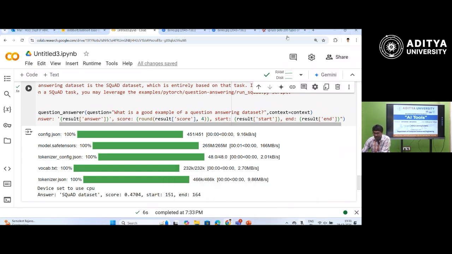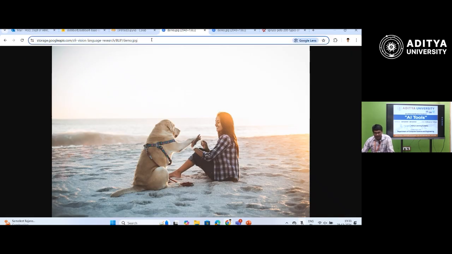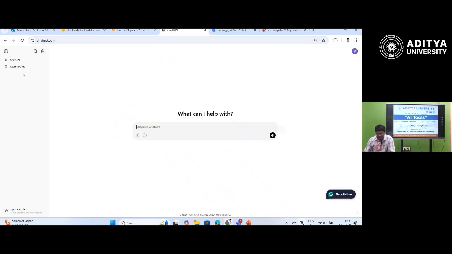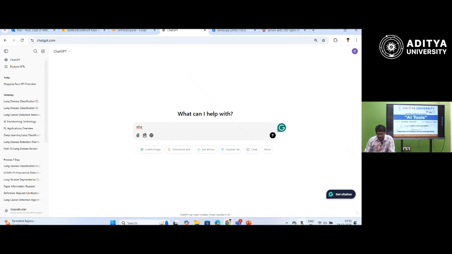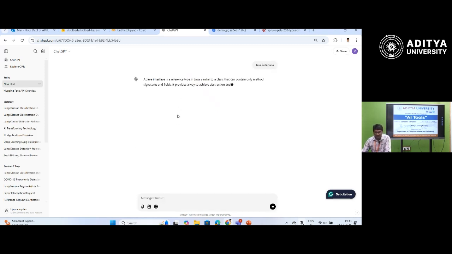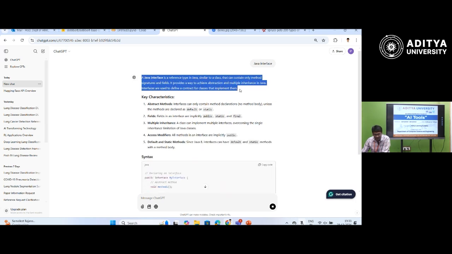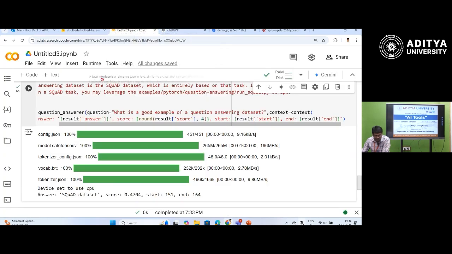For example, finally we will test with one thing. Okay, here I will give something like Java interface. Okay, some concept I have given. Okay, some piece of text it is giving you. Clear? So I will not copy all this, just I will be copying the first paragraph. Copying your first paragraph. You take it here into your model and you try to